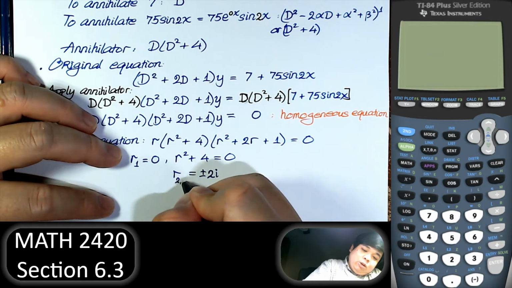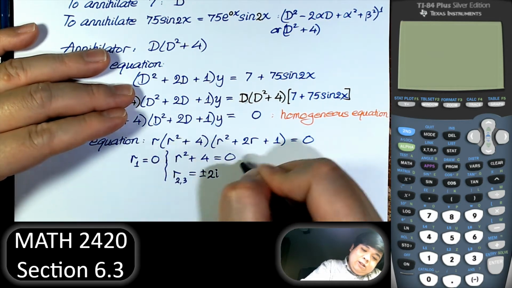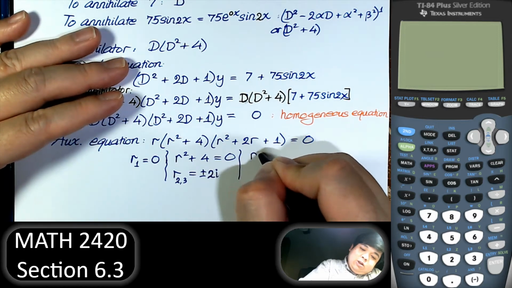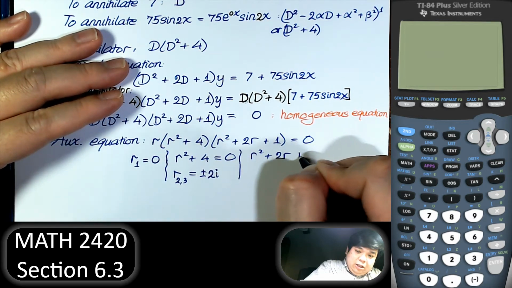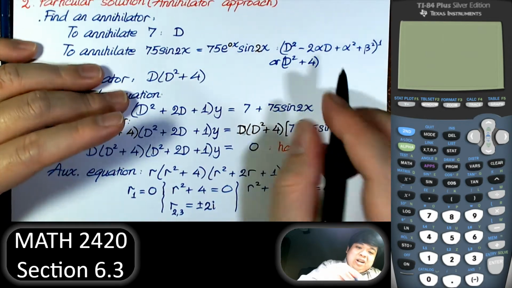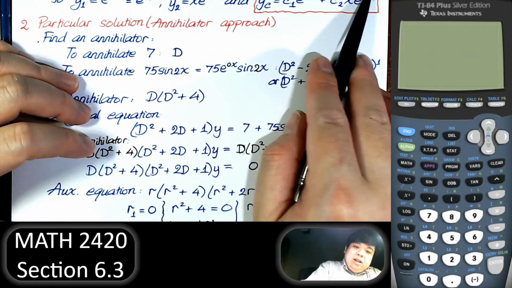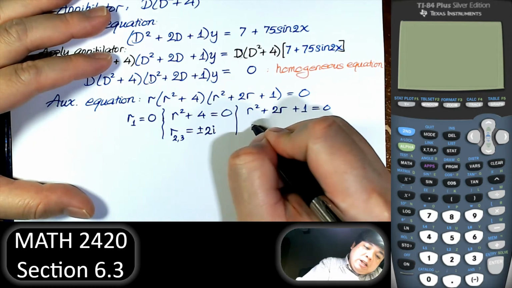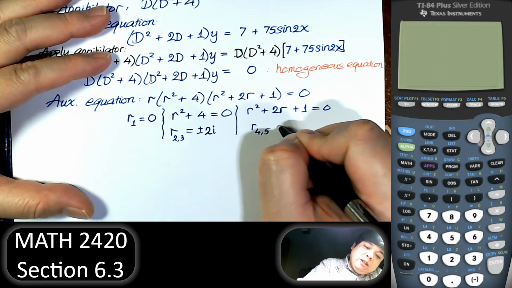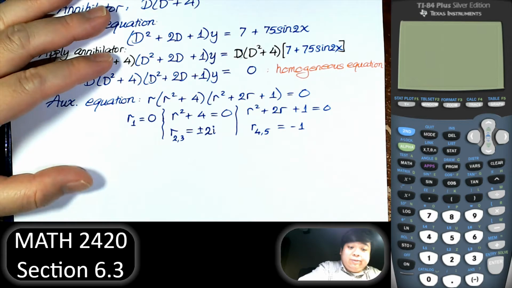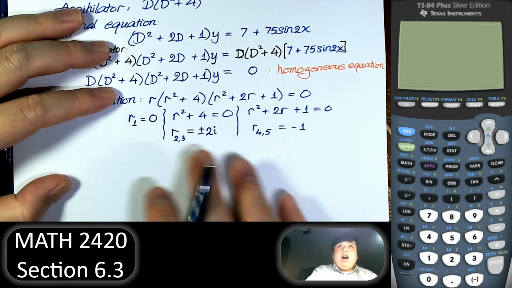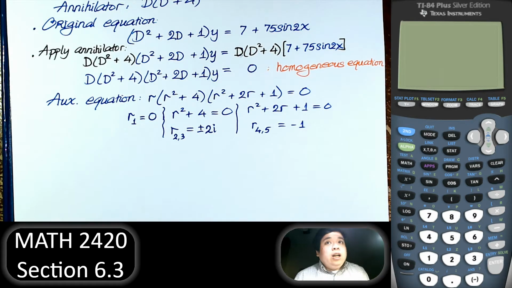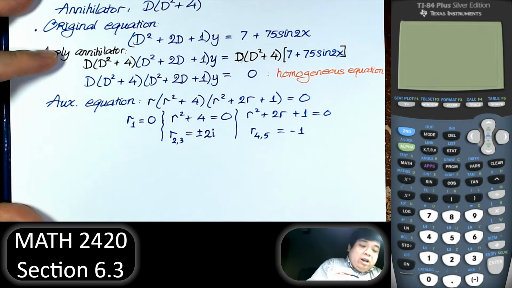That's 2 and 3. And then R squared plus 2R plus 1. We already did that actually. It is negative 1. That's a double root. So I say that's 4 and 5. So we have 5 solutions to the auxiliary equation. So to put them together, we can say